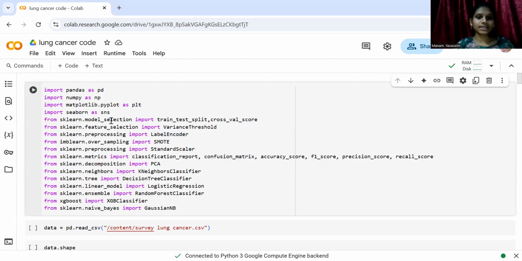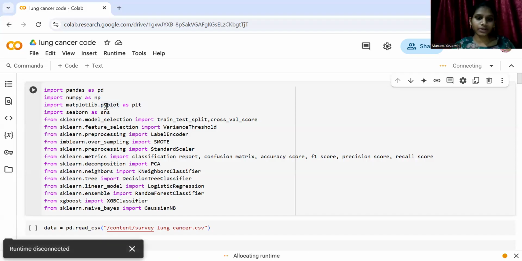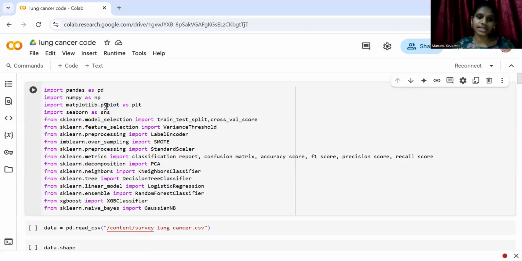First, we have initialized the data science libraries like pandas, numpy, matplotlib, and seaborn. These are used for data manipulation, numerical operations, and visualizing the data. After that, we have imported the libraries of scikit-learn for model selection, pre-processing, feature selection, and oversampling. These are machine learning tools like